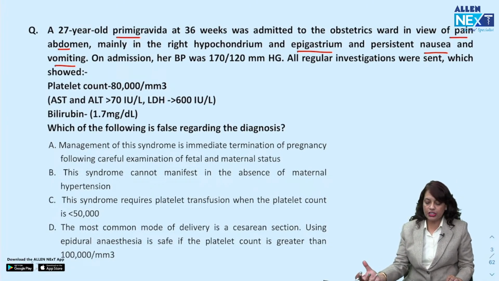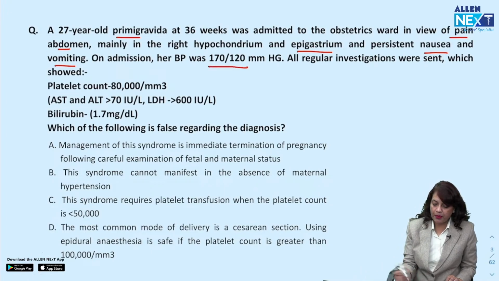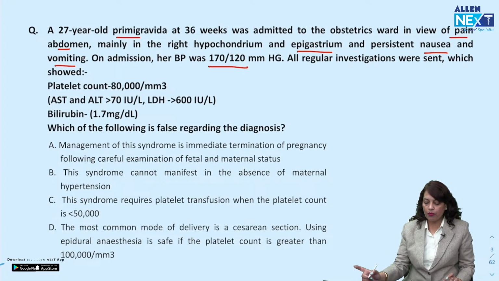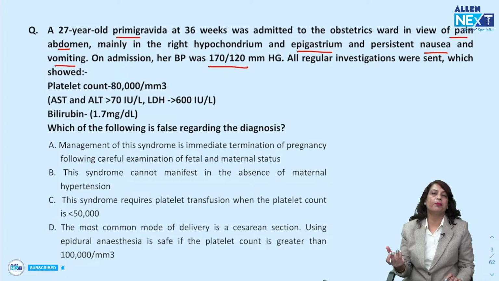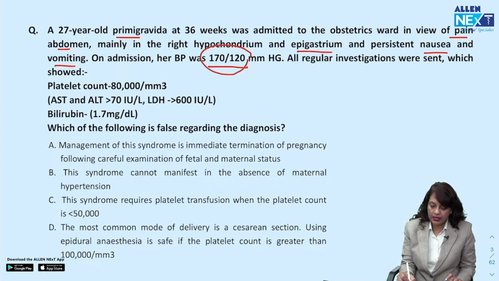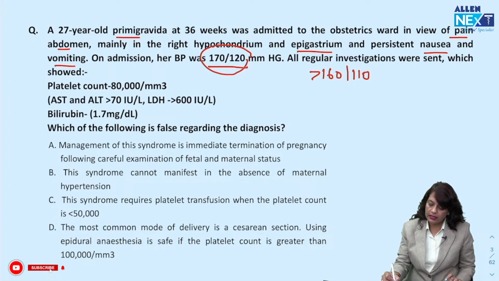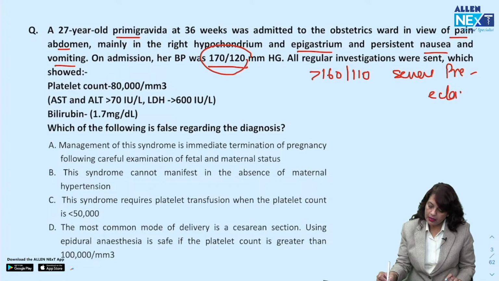So that means she has GI symptoms and her blood pressure is 170 by 120. So a pregnant lady with high blood pressure, this is preeclampsia. But if the blood pressure is more than 160 by 110, this is severe preeclampsia with nausea, vomiting, with